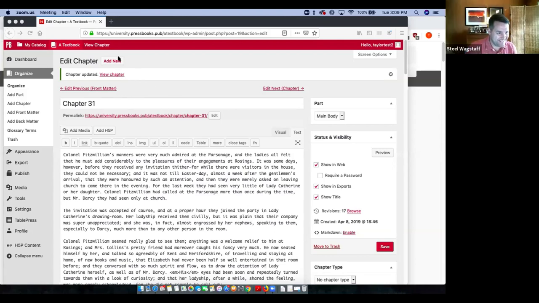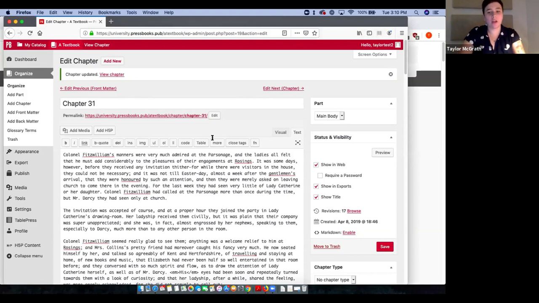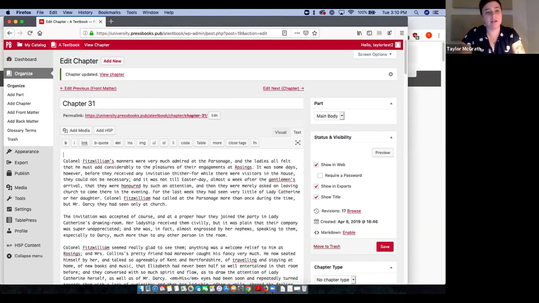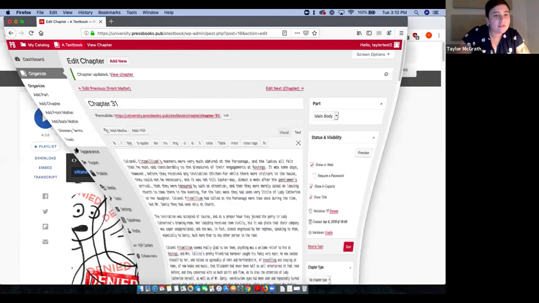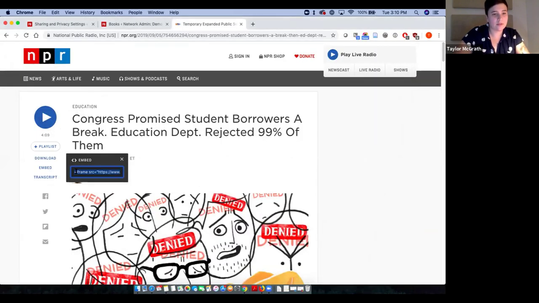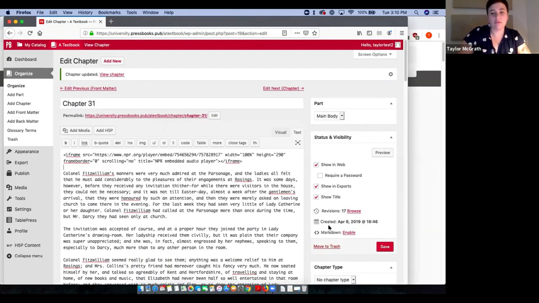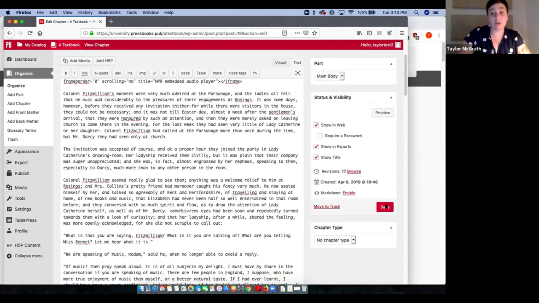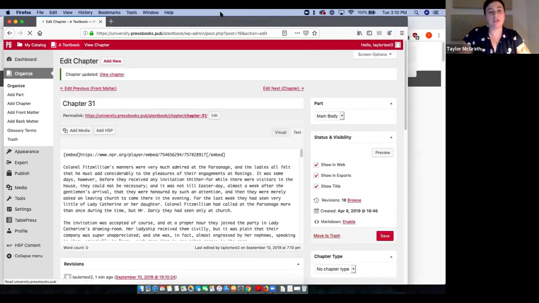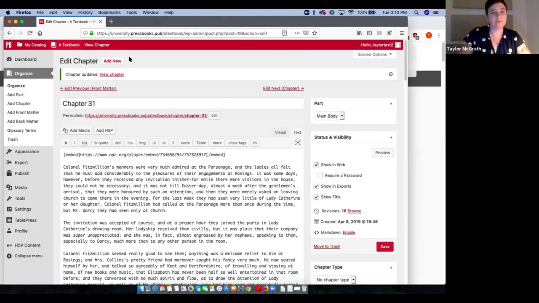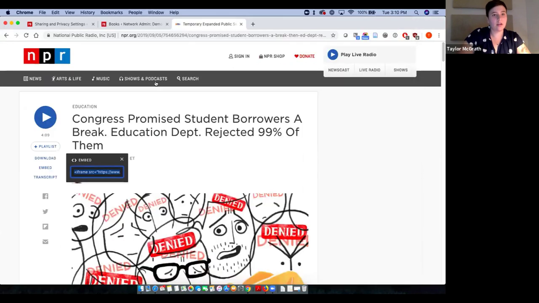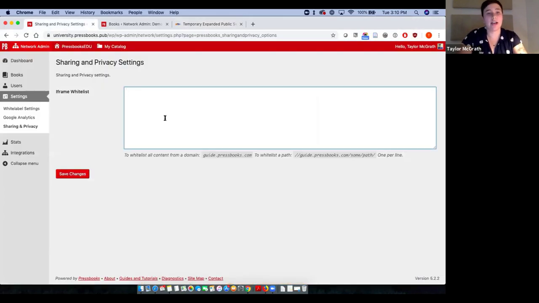Yes, nice. Great. Okay, so as a normal user, if I try to embed this iframe, then it will just automatically turn into an embed link, and it won't work. So what you'll get in the chapter is just this link. But now, if I go into the iframe whitelist as an admin, and I whitelist npr.org,